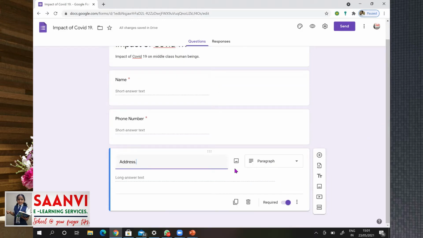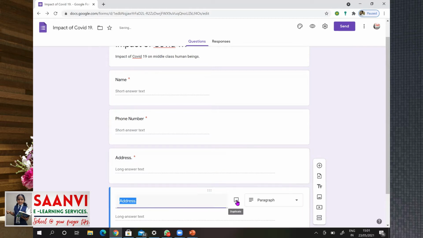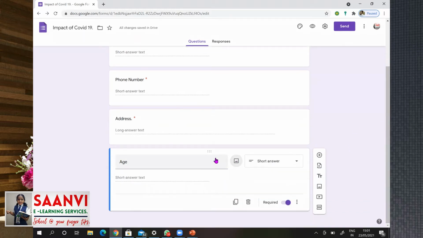In part of survey on COVID-19, let us know the age of participants. To add the field, let us just duplicate once again and write it as age. And when you click on tab, it automatically changes to short answer as it is one line answer.